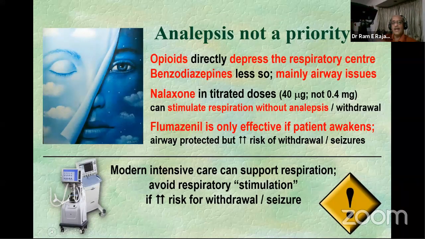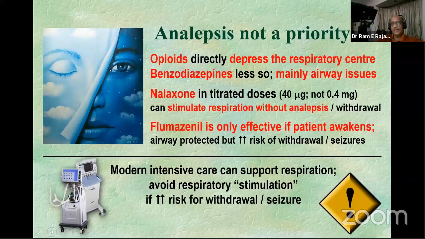But remember, under our circumstances, we are not America. We are luckily not in a situation where opioid overdose has become rampant. As a consequence, with very few exceptions, there are some areas in Chennai, I know, where frank opium is still used. With very few exceptions, unless I knew where the patient came from, neither flumazenil nor naloxone is what we use. We don't give dextrose on a routine basis. If we give dextrose, yes, most of us will also give some thiamine at the same time, primarily because it is not something that is going to be harmful.